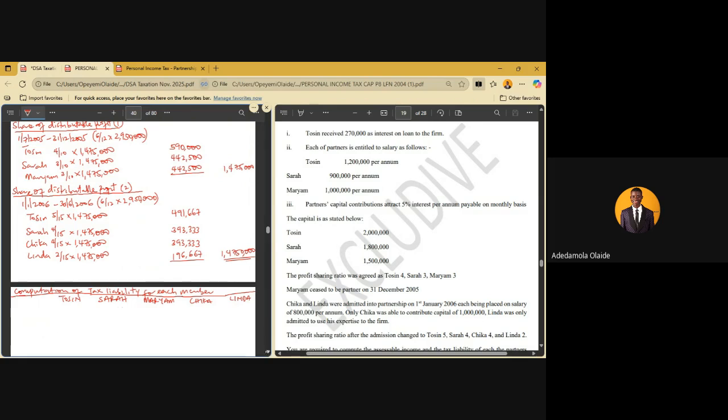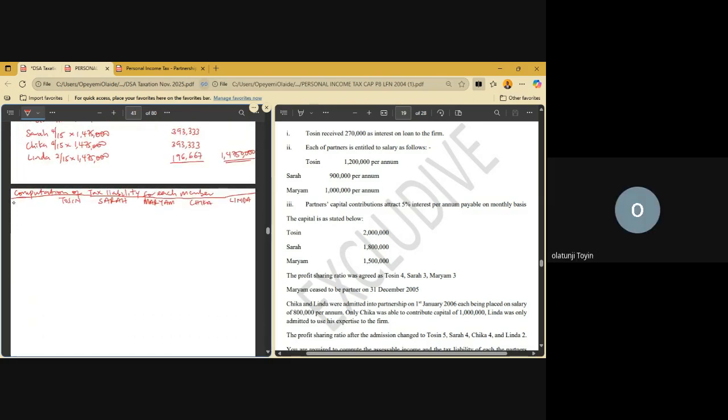Before we even go to their income, because Tosin and Sarah are already in the business and they are not changing, they are still remaining with the business, we'll assess them as if they are an existing business, meaning they will be assessed on preceding year basis. That will be the 2007 year of assessment, with the basis period being